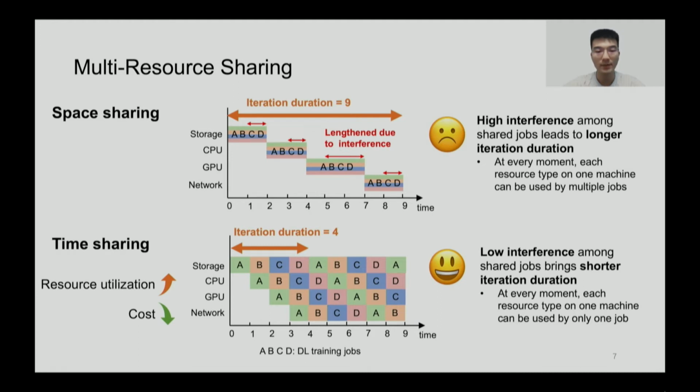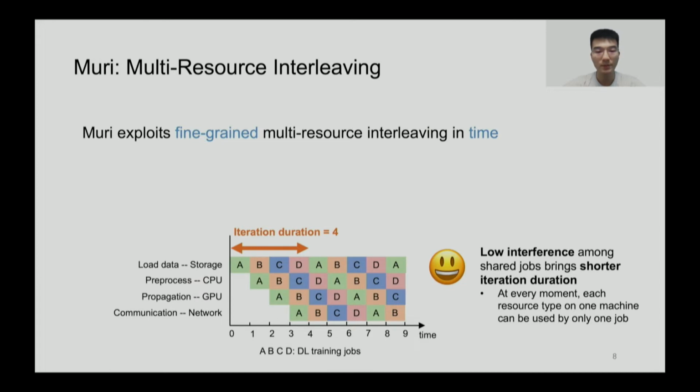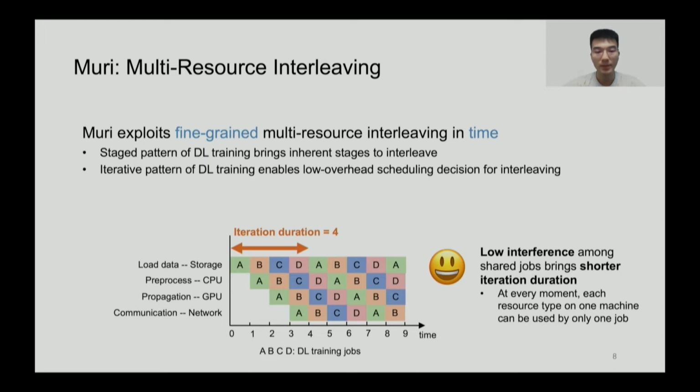And time sharing provides higher resource utilization and a lower cost for the cluster provider. Muri utilizes fine-grained multi-resource interleaving to share jobs in time. Two characteristics of deep learning training enable time sharing. First, each iteration of deep learning training has 4 stages in general, and we can shift the stages to perform multi-resource interleaving. Second, the iterative pattern of deep learning training enables us to make interleaving decisions at the job level,